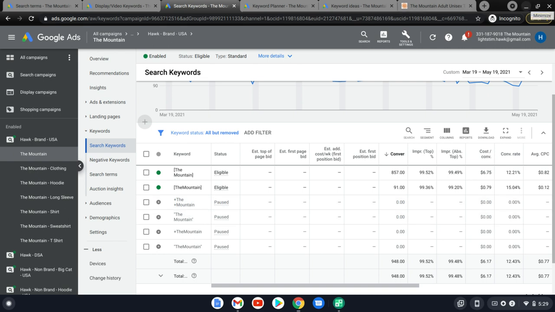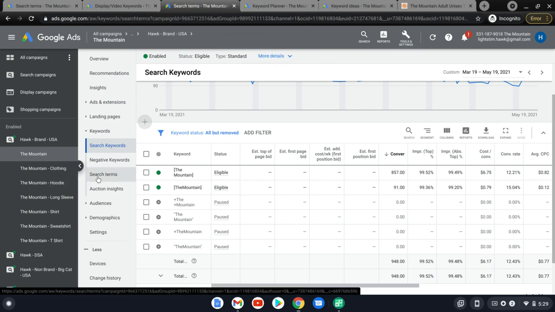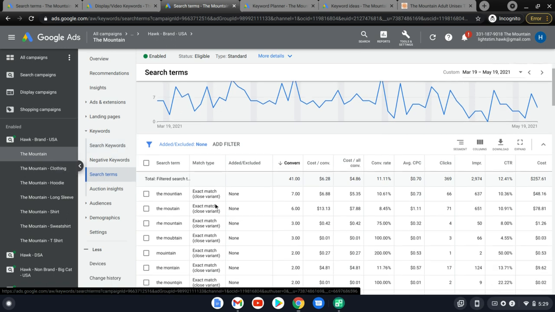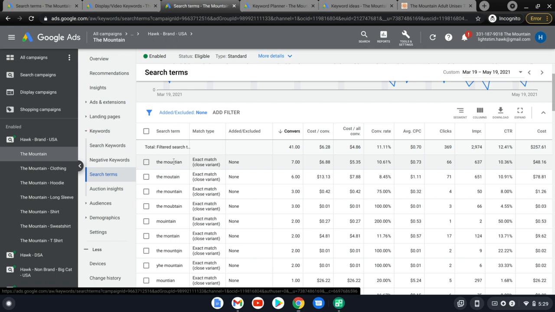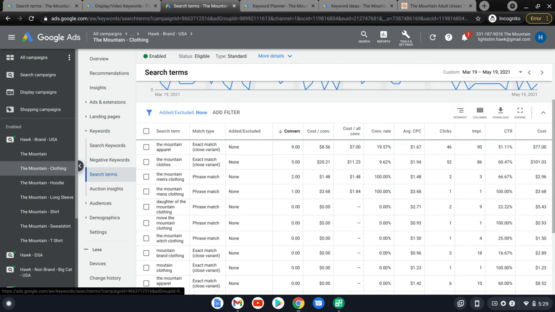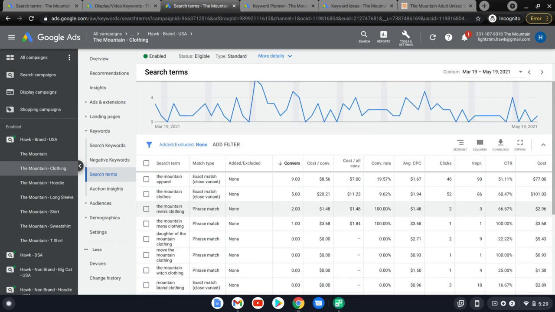And you can do the same thing with the search terms. You basically just go inside, take a look at what has performed, and see if you can add those onto the appropriate ad group. So you go back to the ad group. Once you find out, you can download the list, or you can just type them in one by one. It's faster if you download the list. So let's say that you downloaded the list, and say that you study the list and you determine where each keyword should go. So at this point,